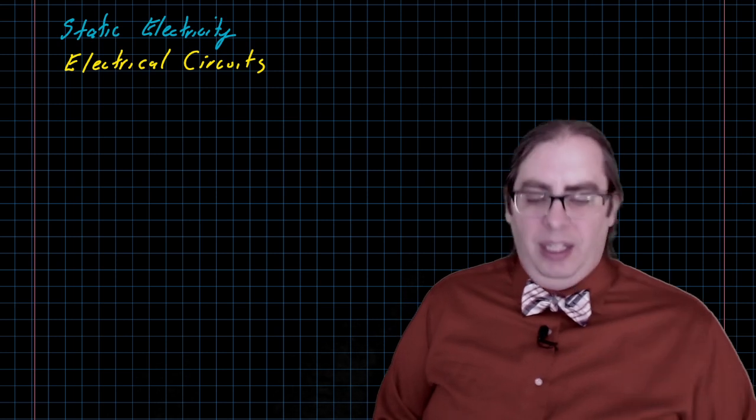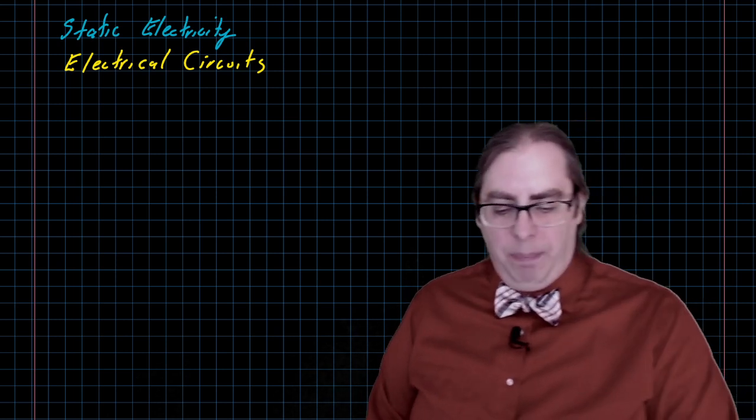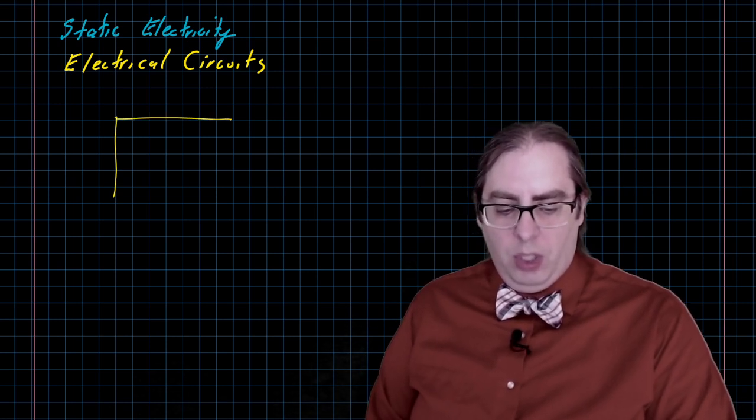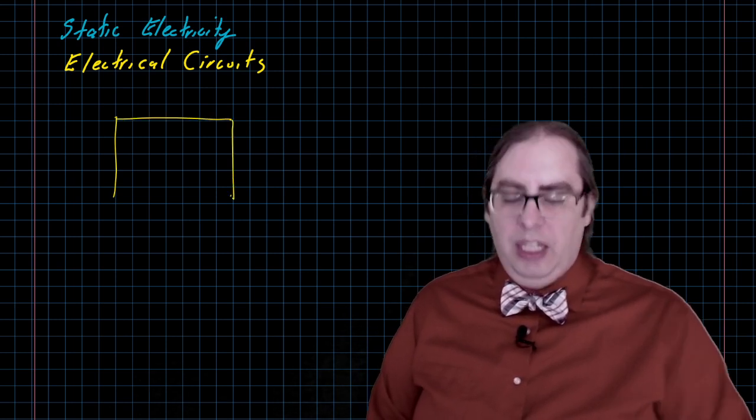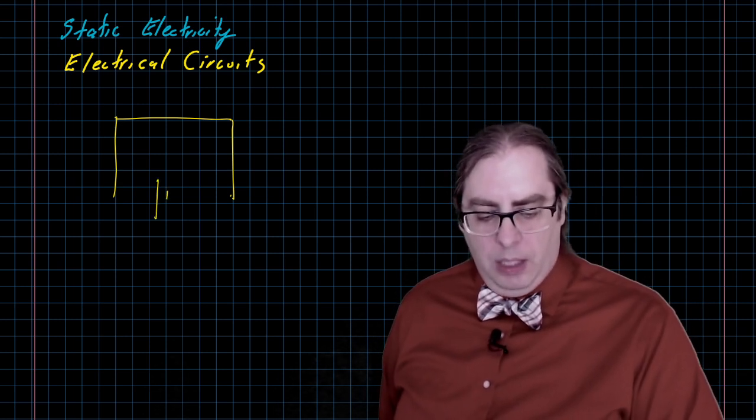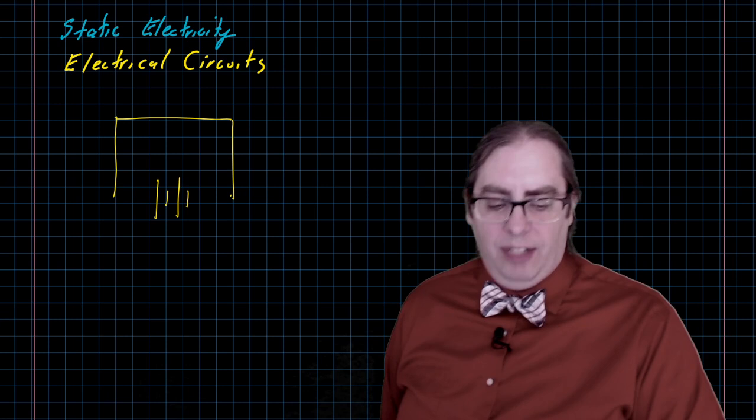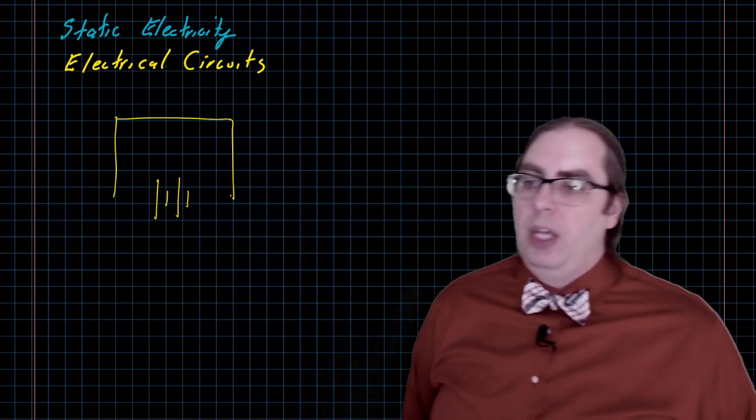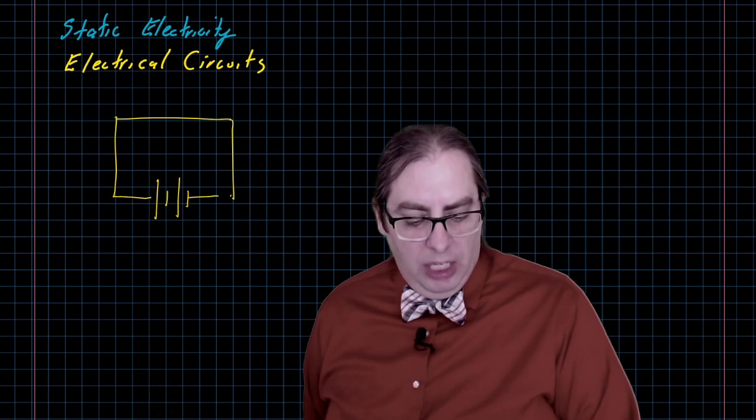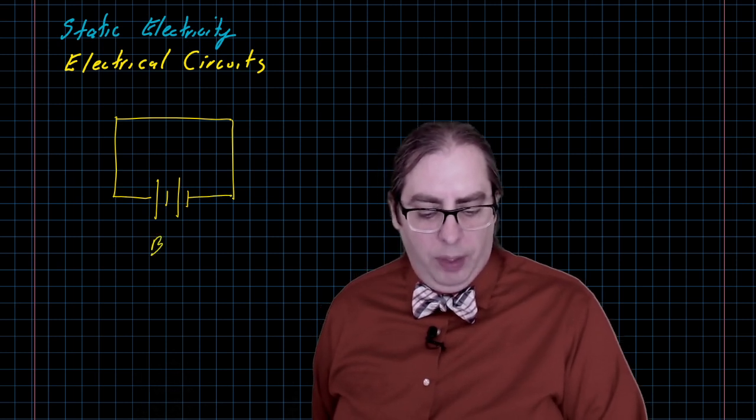I want to work with electrical circuits. An electrical circuit is a pathway made of conductors on which the electrons can move around. An electrical circuit usually has some source of power. There are a couple of different sources of power that exist. In this course, I'm going to stick with